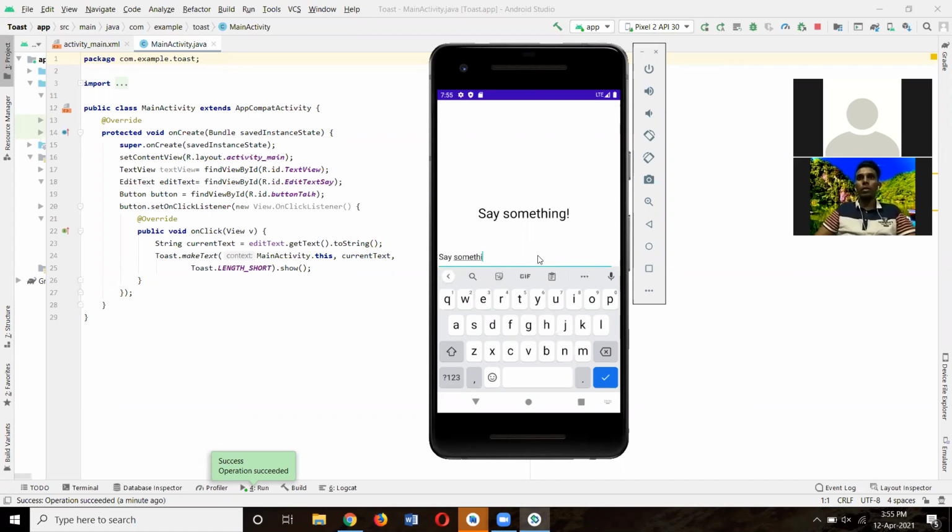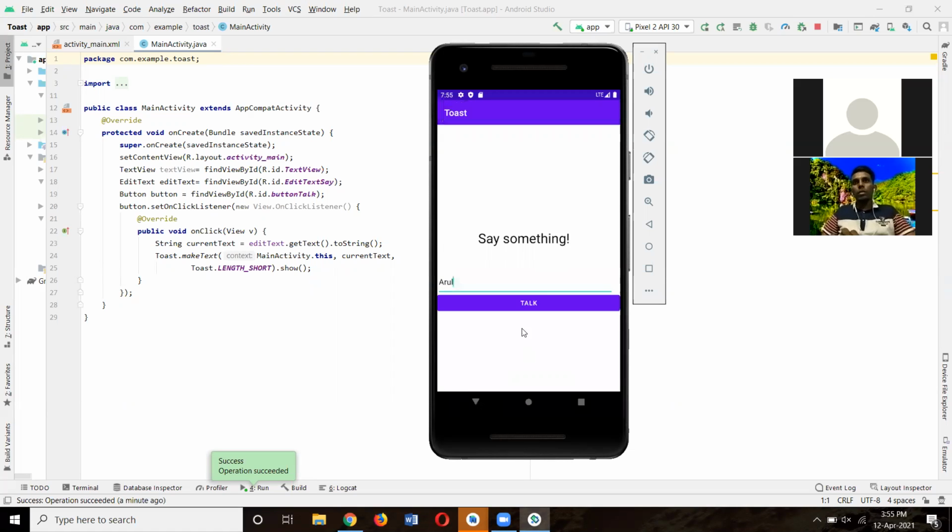Okay, now we are going to input something. I'm going to input my name. Okay, the button is "Stop." Now I'm going to press the button. Here we can see the output, Arun here. Okay, that's only for the toast.